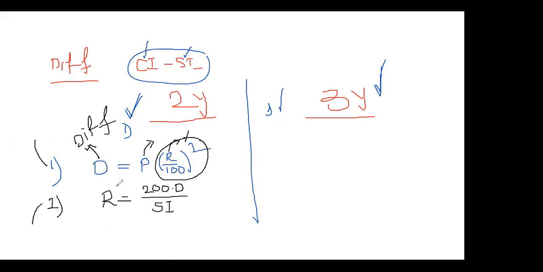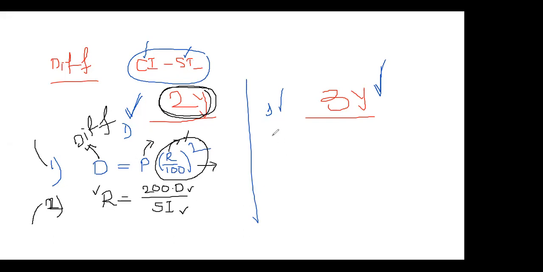Now see that in the second condition, they give the simple interest and the difference, and you have to find the rate of interest. Out of these 3 they will give any 2, and you have to find the third one. This is the second case. These are the only 2 formulas on the difference between compound interest and simple interest for 2 years. This word is very important. When they mention 2 years, at that time you have to use these formulas, right?